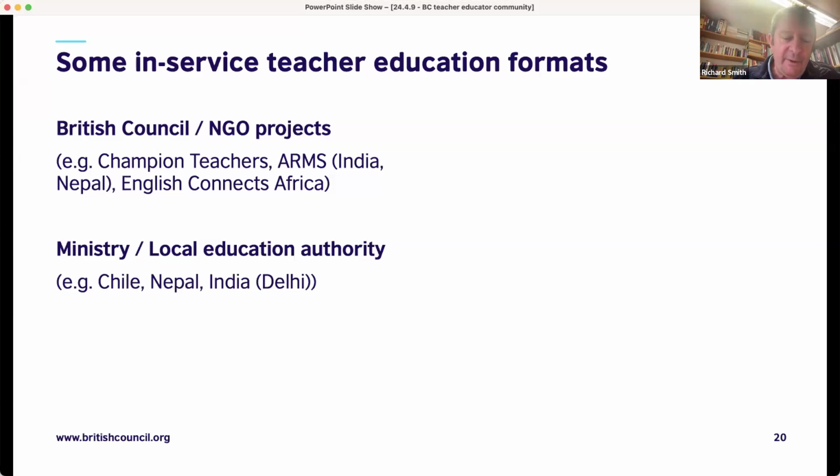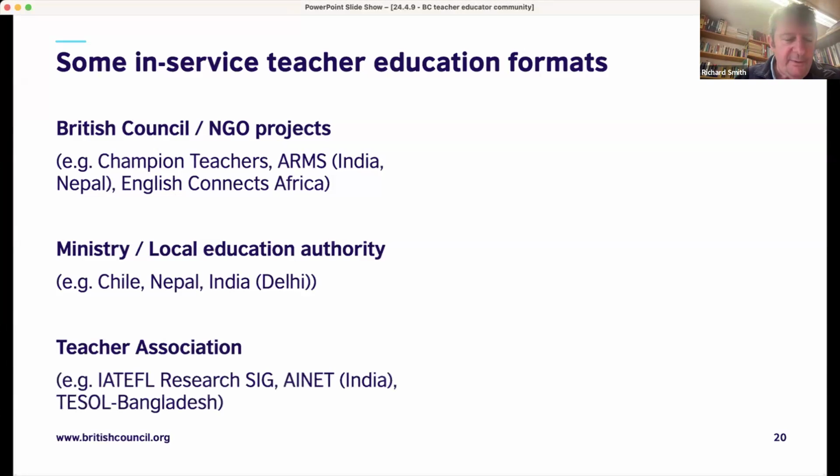And I've been involved a little bit with visiting the SCRT in Delhi, India, who have been promoting teacher research recently. Some problems, I suppose, that have arisen are that both projects and ministry involvement is sometimes rather short term. We have a change of government, or change of priorities, and they move on. So I think if we think about sustainability, which I think is very important,